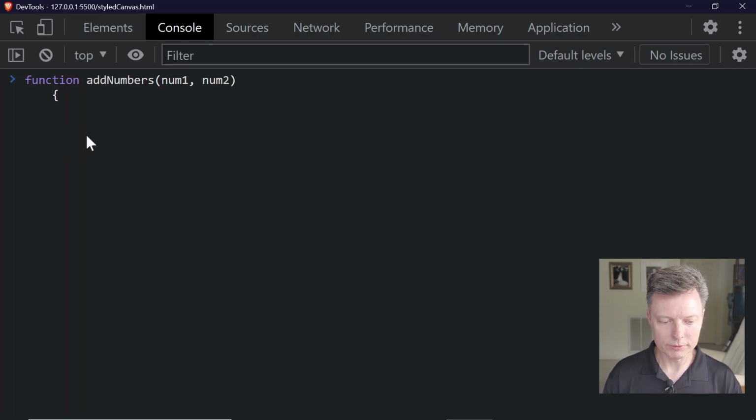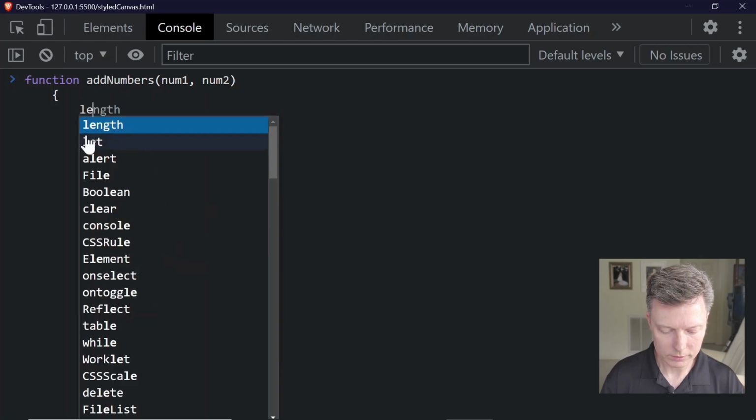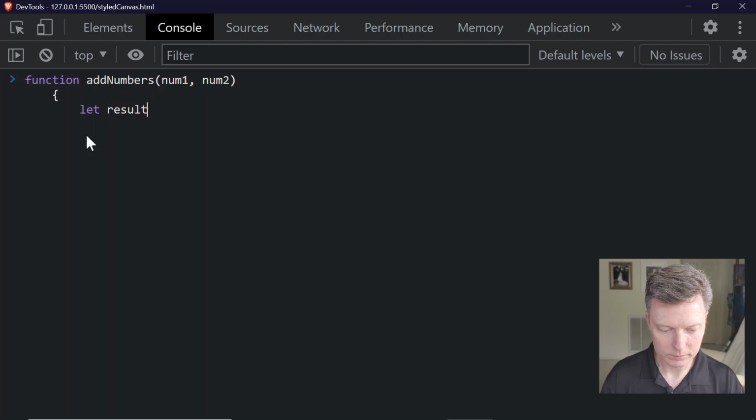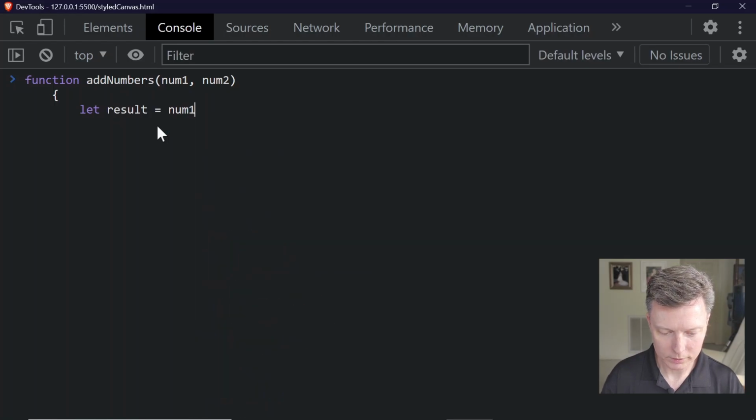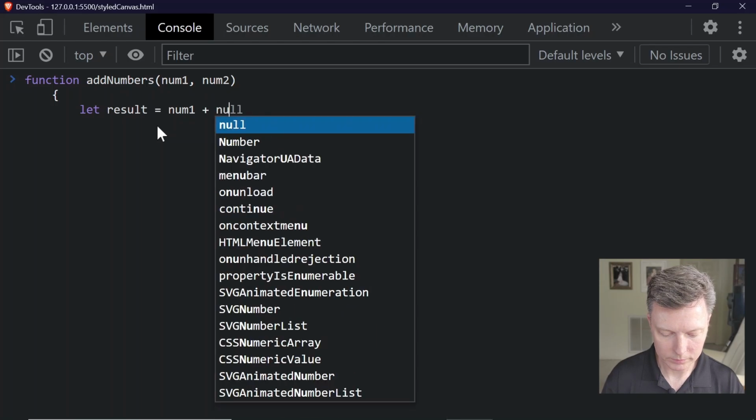So inside the function body is where we actually do the work of the function. So let's create a temporary variable inside this function. So let result equals, and then we're just going to add the first number and the second number together and then put the result back into the result variable. So num1 plus num2,